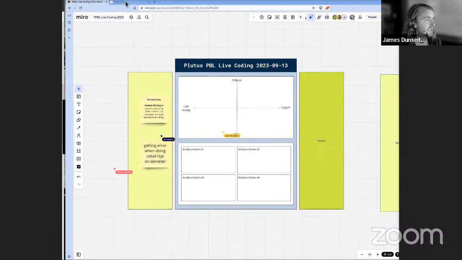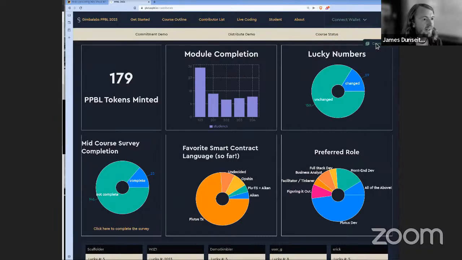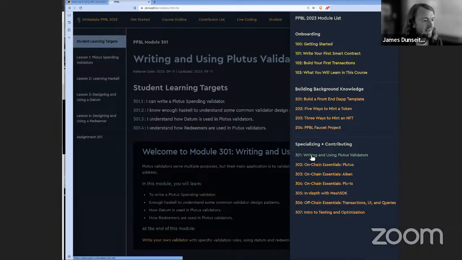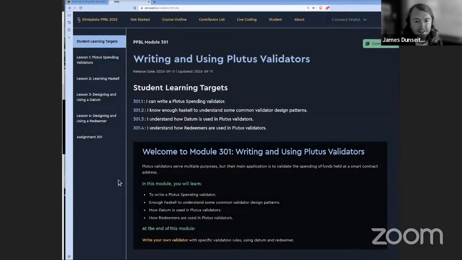Before we jump into today's agenda, just want to give a huge shout out to our two-time PBL contributor, Mr. Frederick Samvura. He's not here today, but co-founder of Equival. He's been running Goma Stake Pool, been contributing to the ecosystem in so many different ways. If you don't follow Goma on Twitter, if anybody has their handle, I'll look for it later. But main author of the brand new Module 301, which was just published on Monday.